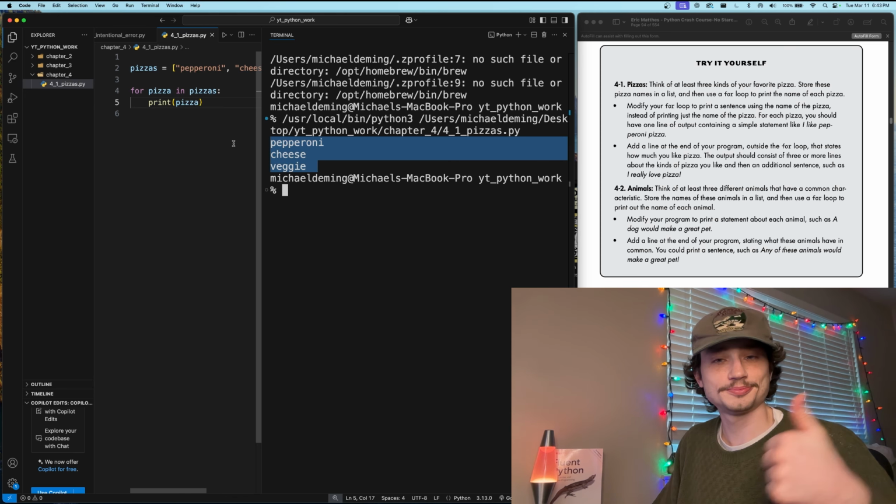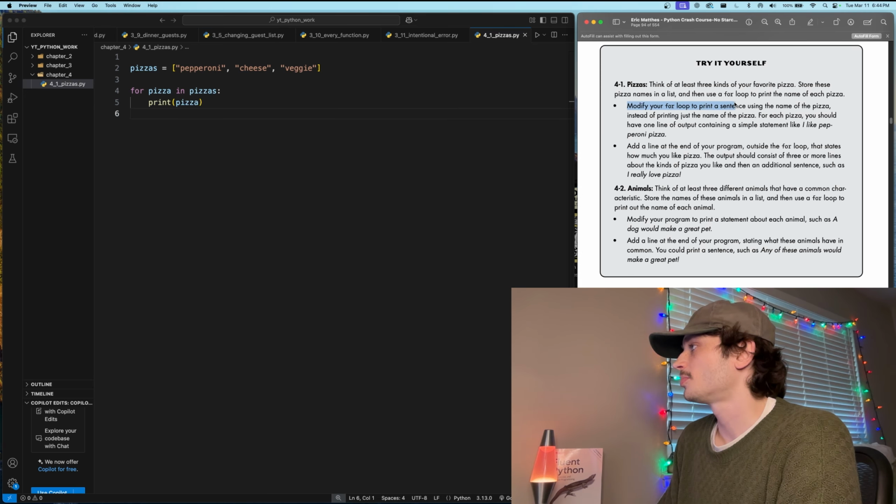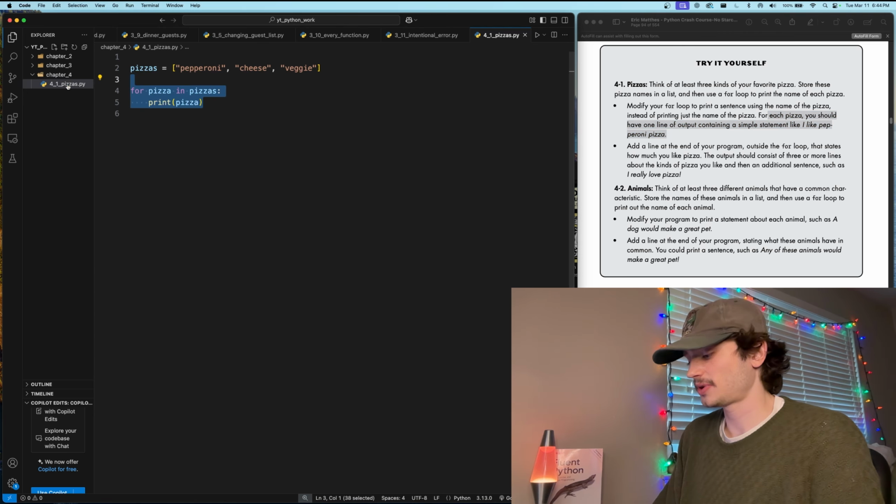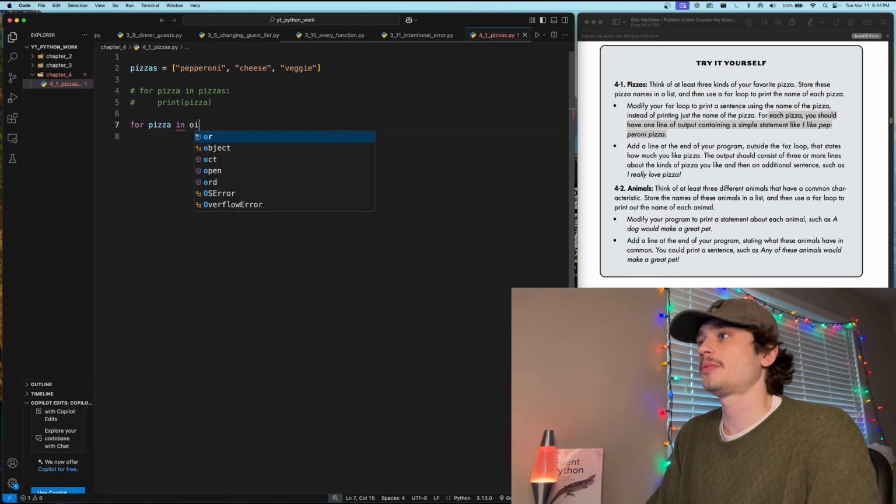Next, we need to modify our for loop to print a sentence using the name of the pizza instead of just printing the name of the pizza. For each pizza, you should have one output containing a simple statement like I like pepperoni pizza. So we'll modify this. We'll comment this one out and say for pizza in pizzas,